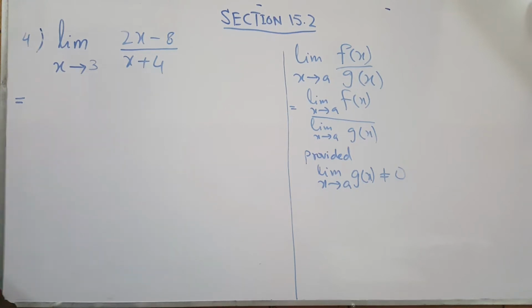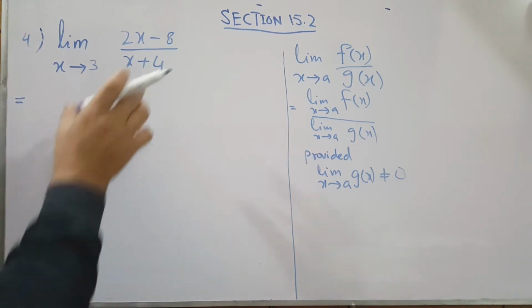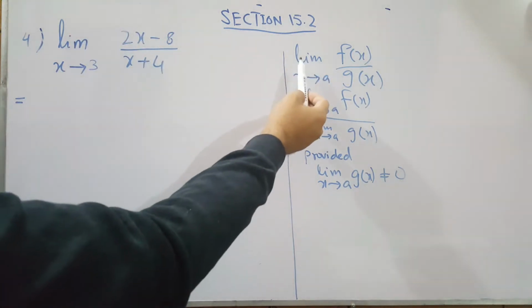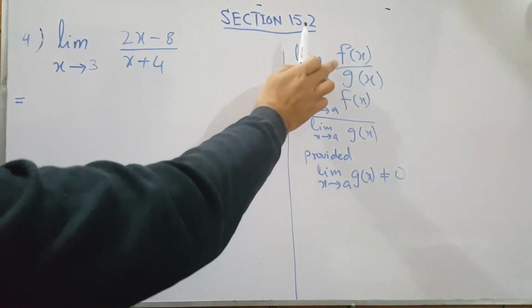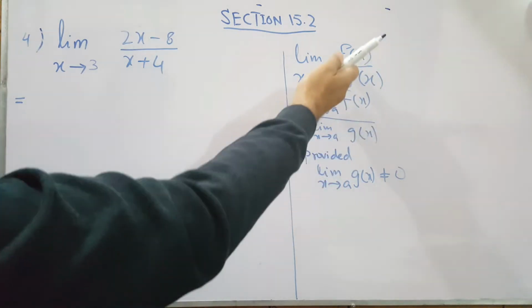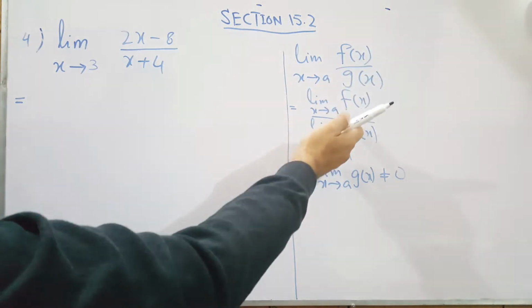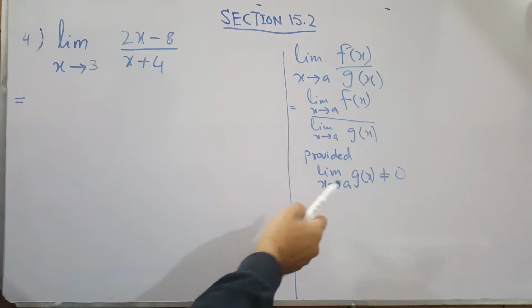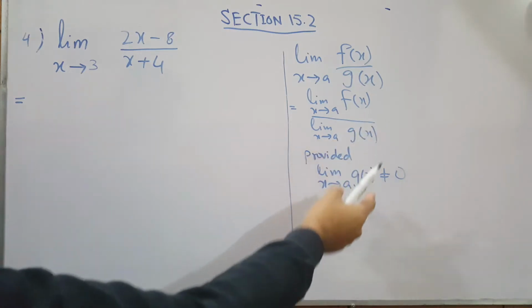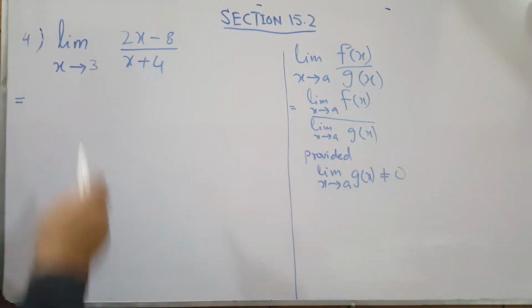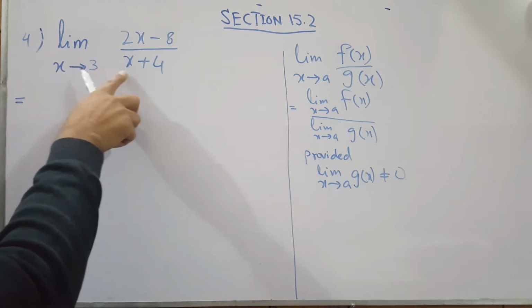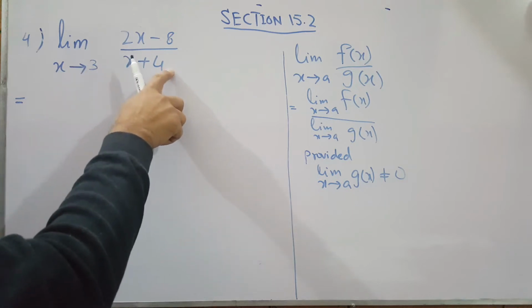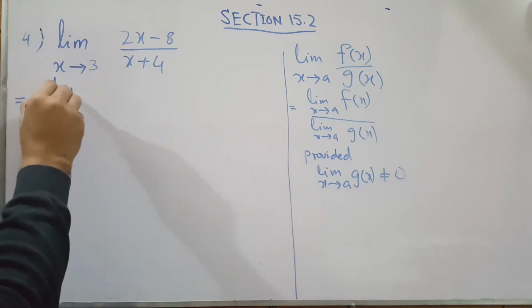Now question number 24 is about a rational function, where you can write it in this form. If you have a function of this type, then you can apply the limit on the numerator, the above one, and the denominator, the below one, separately. But there is a condition: if you apply the limit to the denominator, it should not be 0. So if you look at this one, if you apply the limit x approaches 3 over here, this does not become 0, so we can apply the limit separately